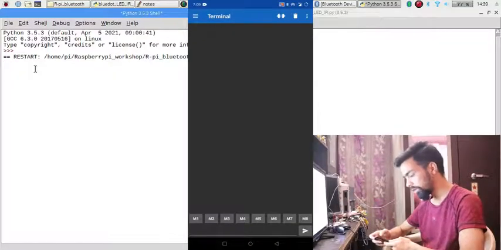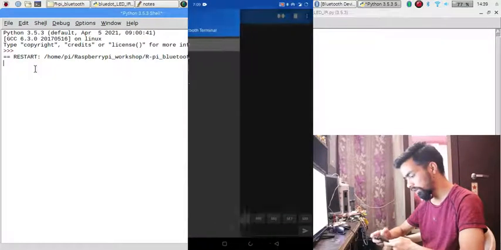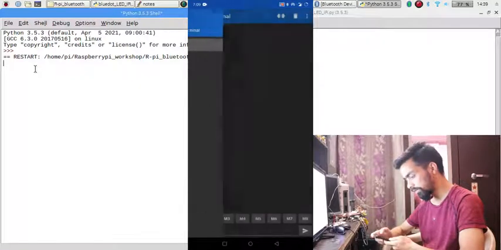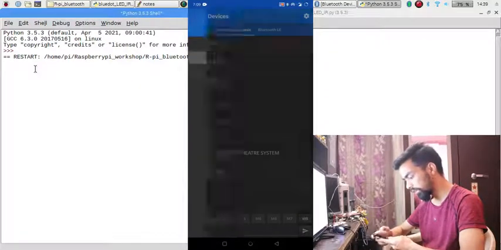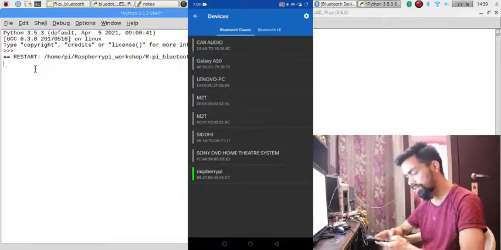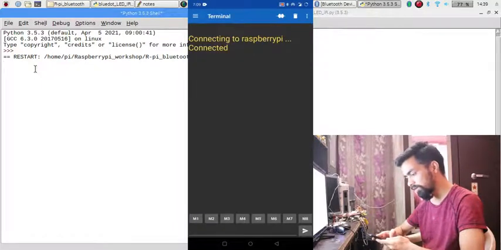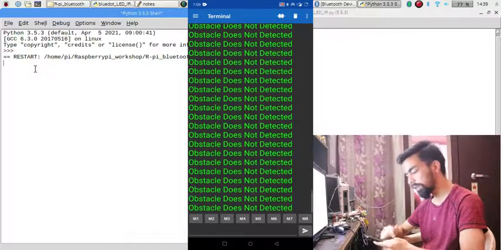Once you open it, go to settings, then device, and you can see the Raspberry Pi Bluetooth present in your mobile. Click on it. Once you click, the Raspberry Pi gets detected and connected to your mobile, and you can see a message present on your mobile.